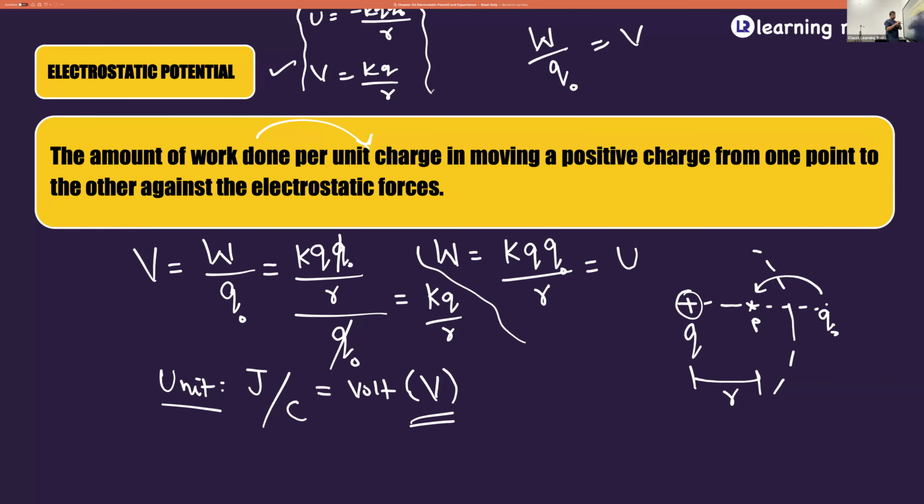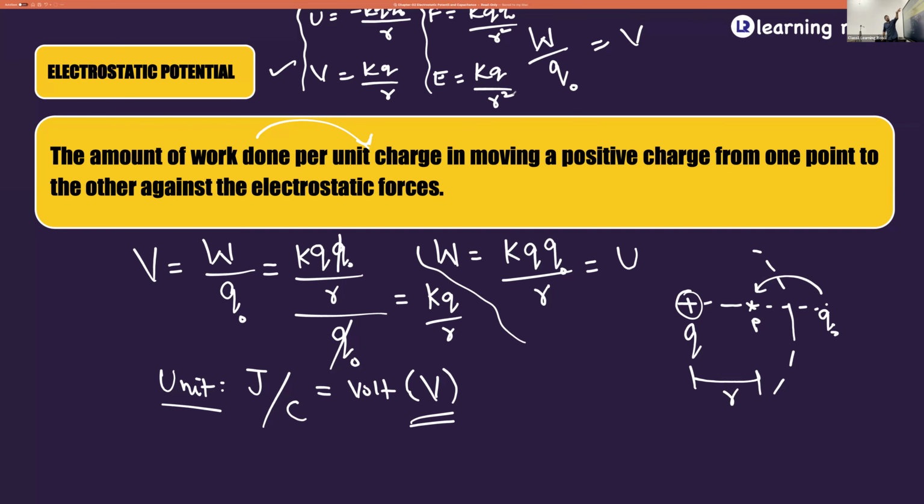In the previous chapter, there is a quantity similar to this, which is K Q naught divided by R square. It is not exactly the same. It is the electric field. That is why you can relate these two quantities. That's what we are going to do ultimately, as we progress. I hope you're able to understand what I'm saying.